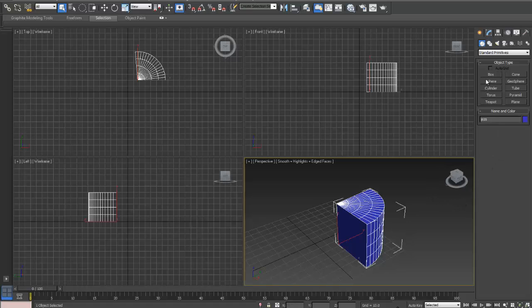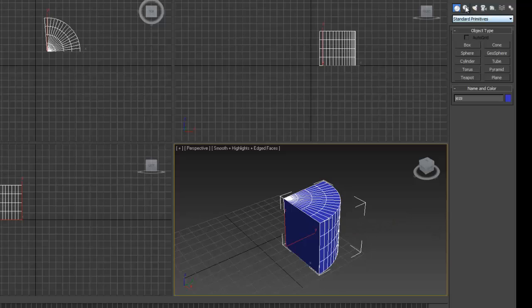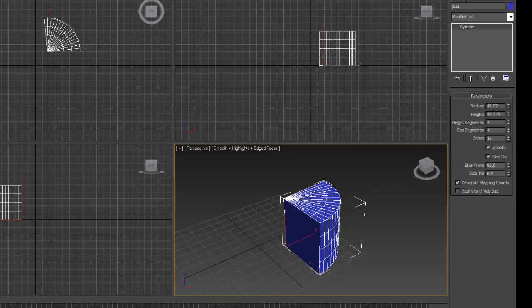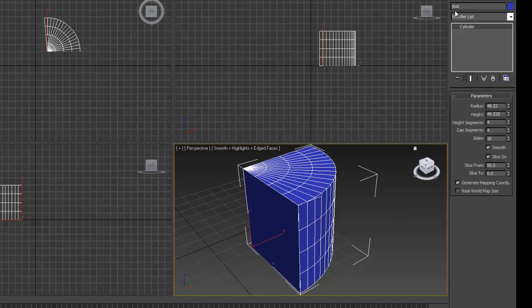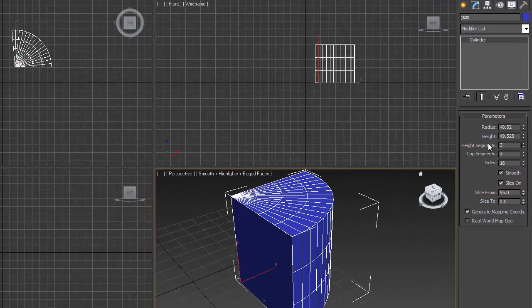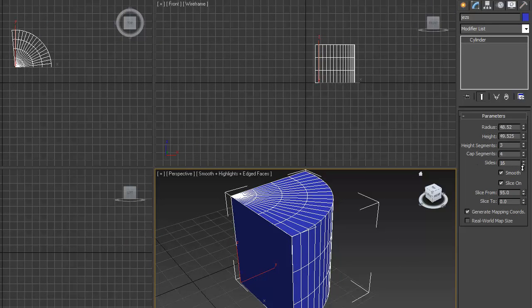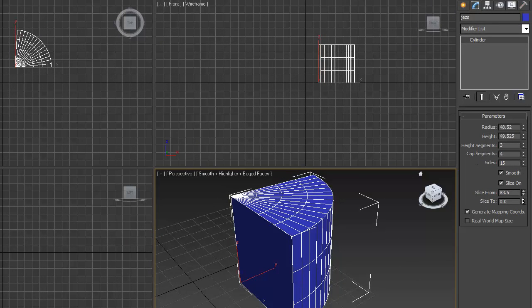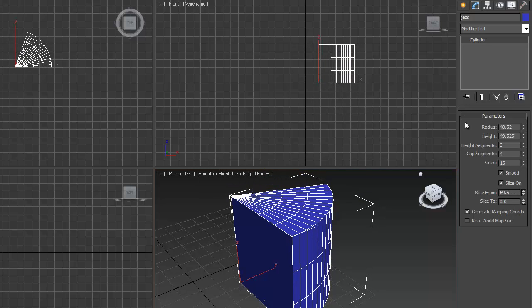Well, that's when the modifier panel comes into act, and you come into the modifier panel, which is the next one along from create in the command panel. Click on that, and then you'll see that the parameters are back in here again. Now you use the modifier panel quite a lot with shapes. Again, I can come back here and change this shape after I've created it, so that's kind of cool. Change the sides, how much of a slice we've made it,